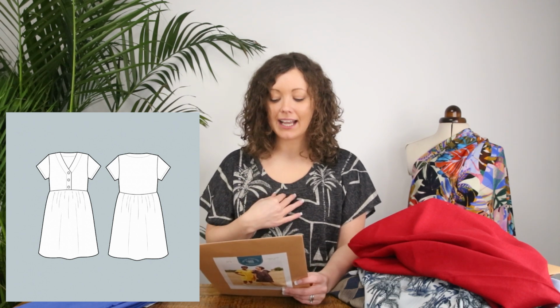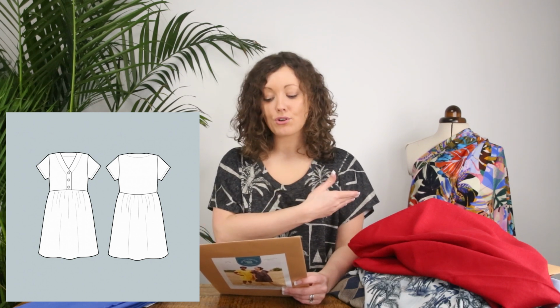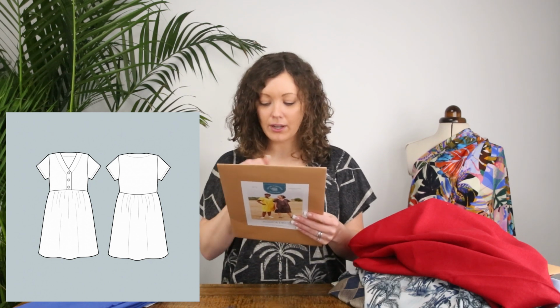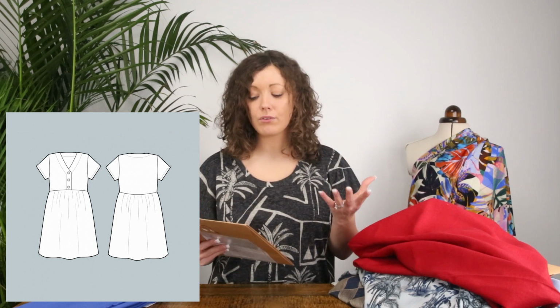So it has a V-neckline with a 3-button closure detail on the bodice. It has a simple short sleeve, and then a slightly curved waist seam line with a gathered skirt that goes into it, and I'm pretty sure that there are pockets in there as well. If not, you could certainly very easily add them. So fabrics that it's saying are suitable for this pattern are linen, needlecord, chambray, double gauze, cotton lawn, printed cotton. So again, I think this pattern wants a woven fabric